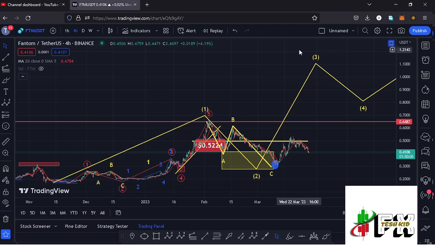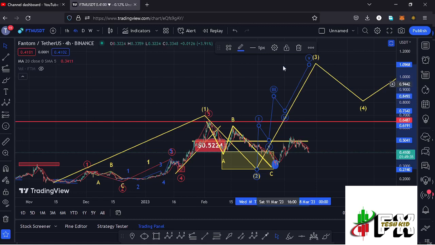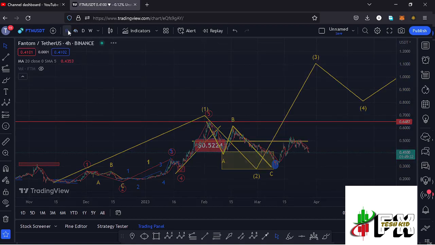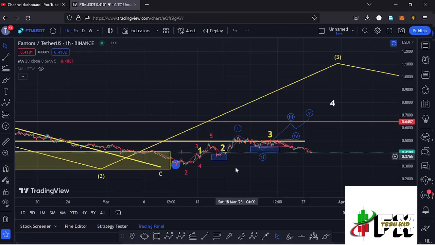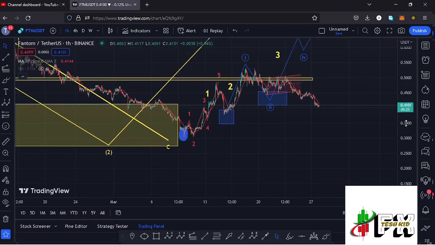And in the formation of this wave 3, which is an impulsive wave, I'm also expecting to see a 5 wave structure in formation within that wave 3, having the wave 5 fully maximizing our target areas and also giving us the high for that wave 3 to the upper side. And it is this micro Elliot wave count within the formation of this wave 3 that is going to give me the short-term scenarios here on the Fantom chart, and I believe that is better seen here on the 1-hour chart. So jumping to the 1-hour chart for further analysis and to also give you the short-term scenarios,